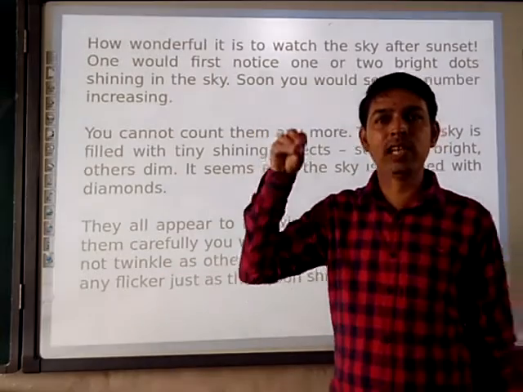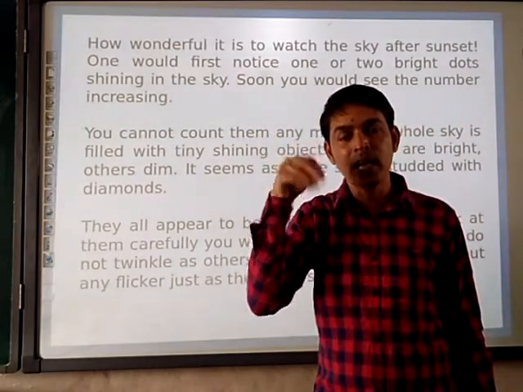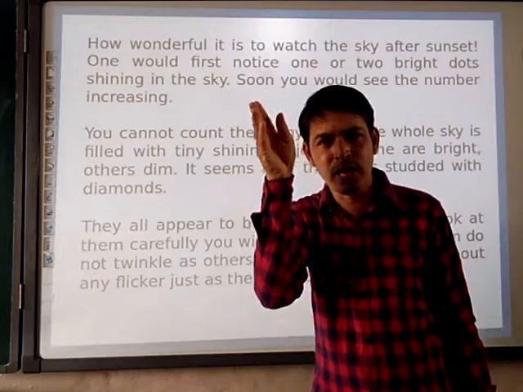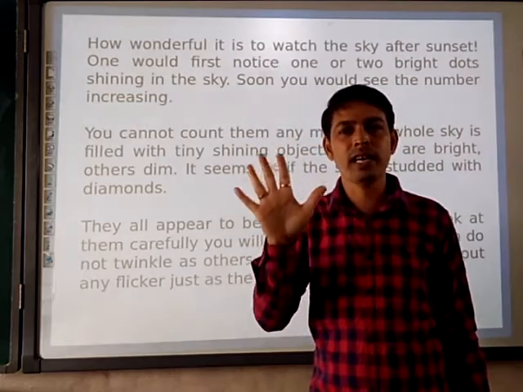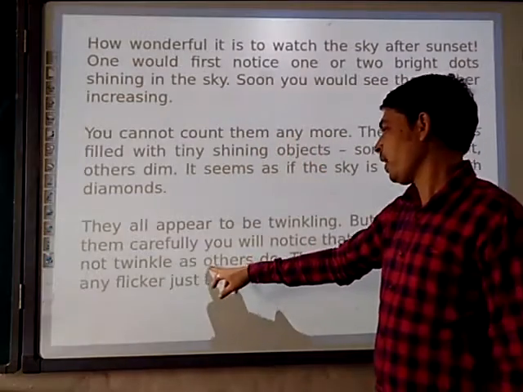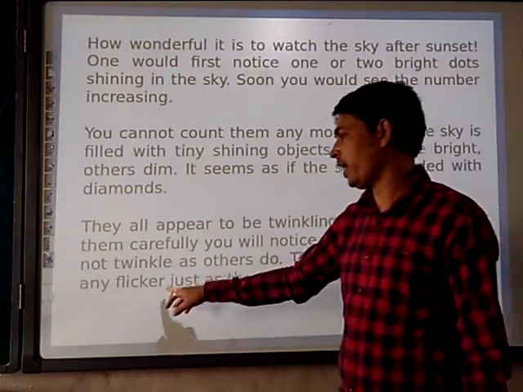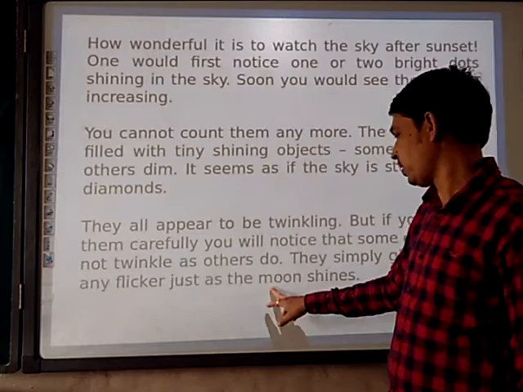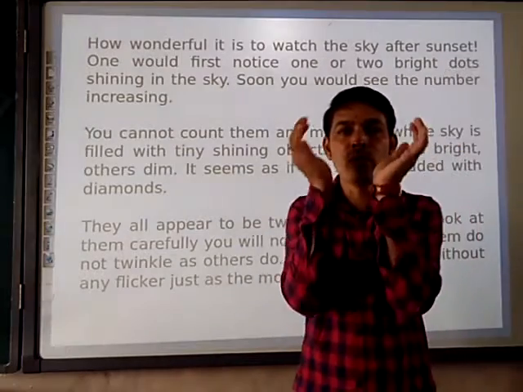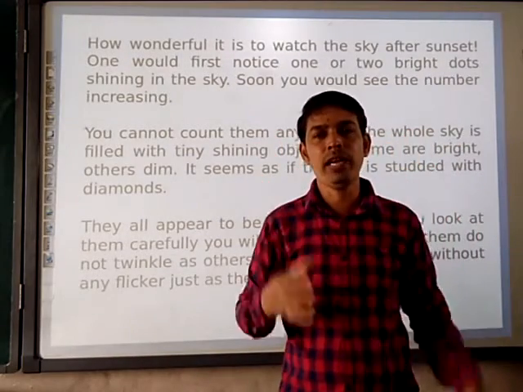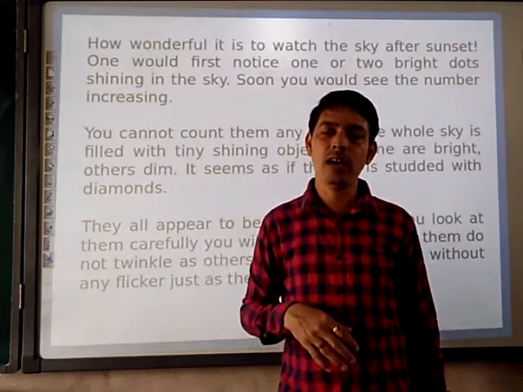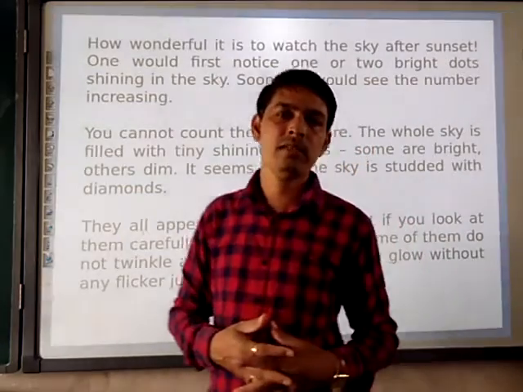So we are seeing the stars twinkling like this, and if you look very carefully, some of them are constant. They simply glow without any flicker, just as the moon shines. As the moon is shining without any flicker, so they appear. Next,